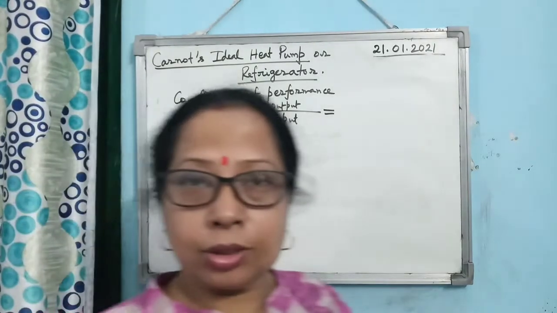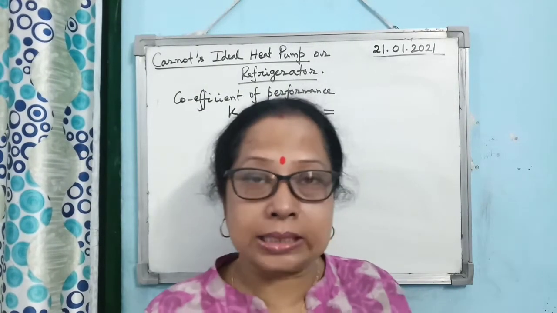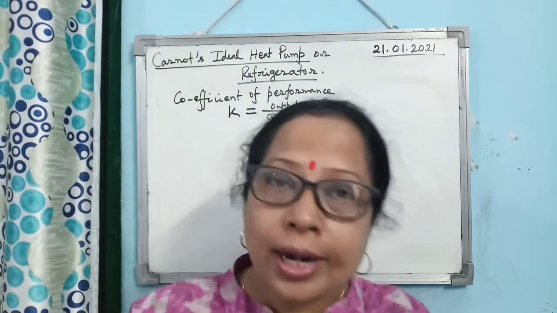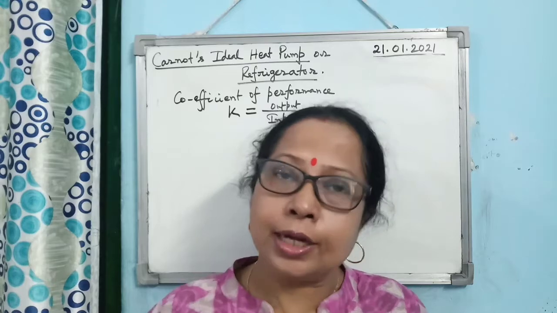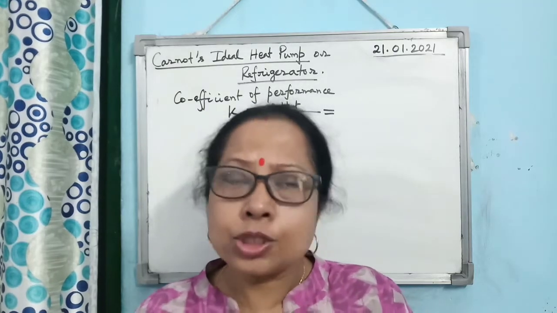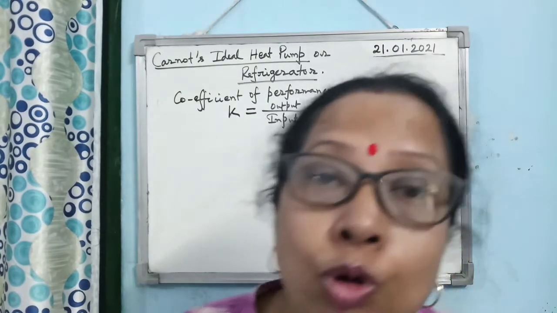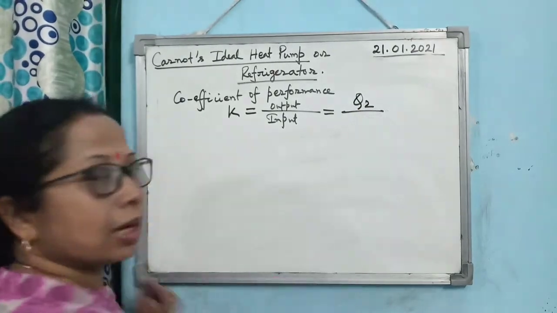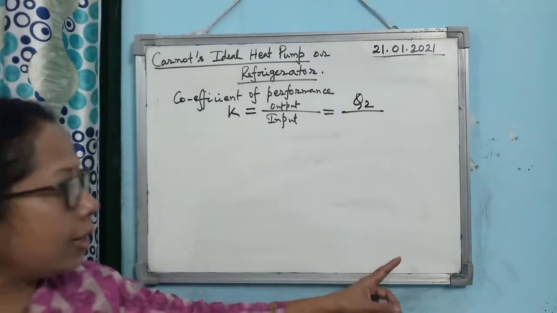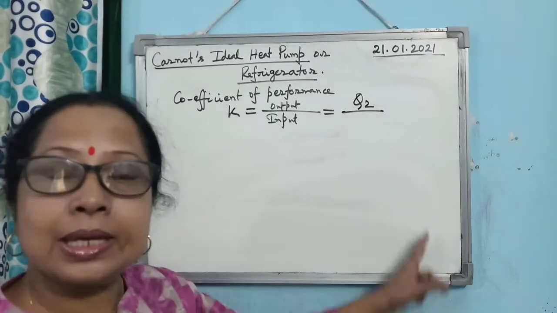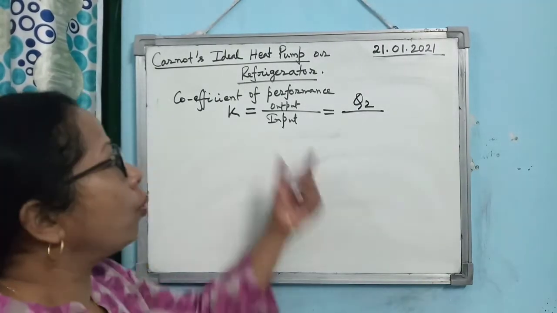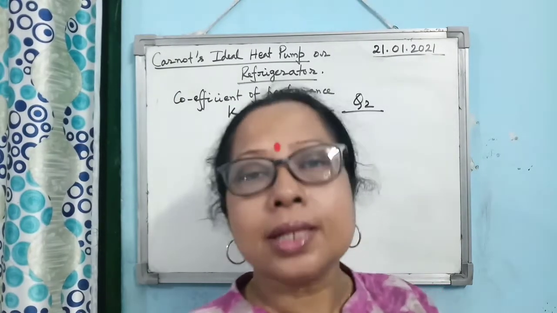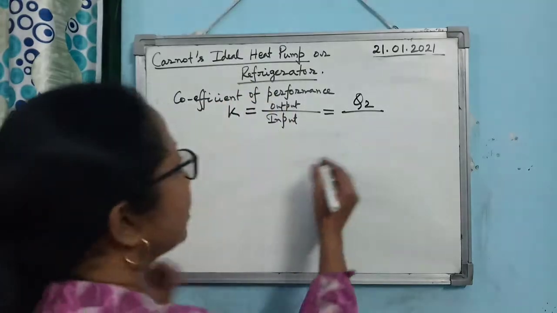How much coldness the refrigerator can create. So, if it absorbs more heat, it will be able to create more coldness, isn't it? So you can say the output for a refrigerator is how much heat it is absorbing from the cold body. And we have seen in the diagram that it is absorbing Q2 amount of it. Is that clear? What is the input? Whatever work the compressor is doing on the system, that is the input.